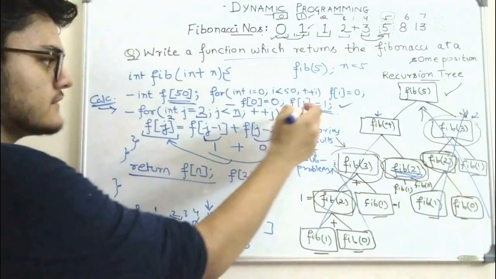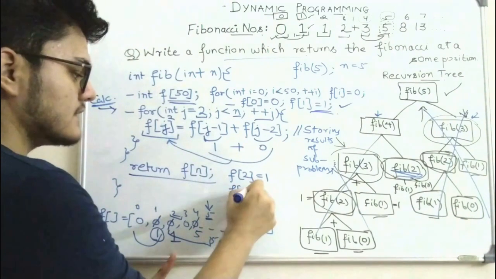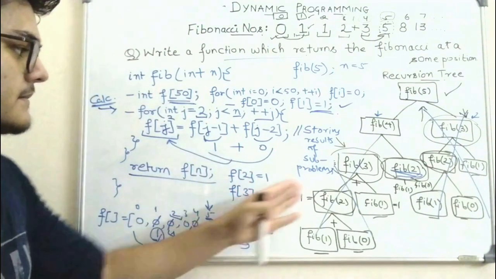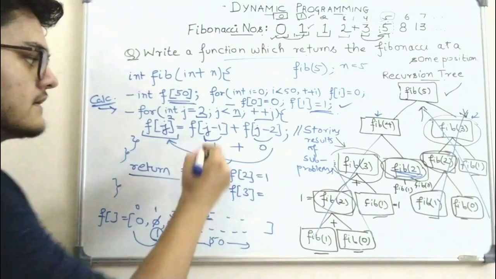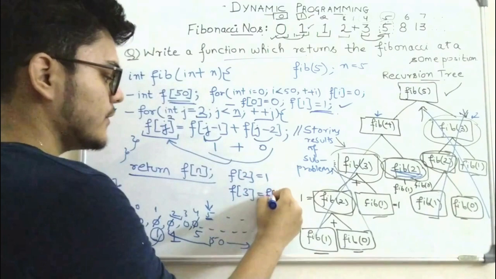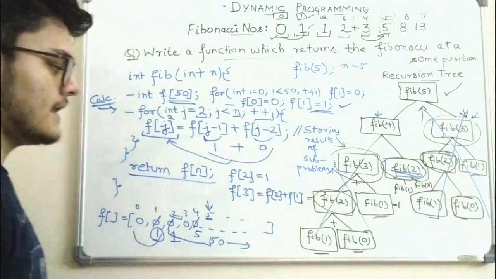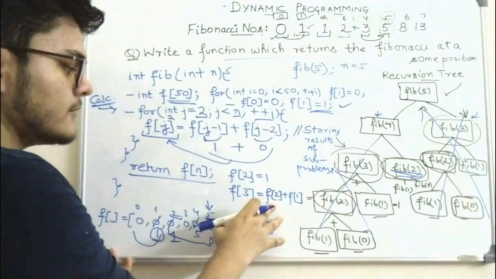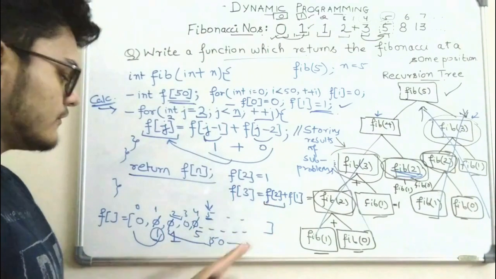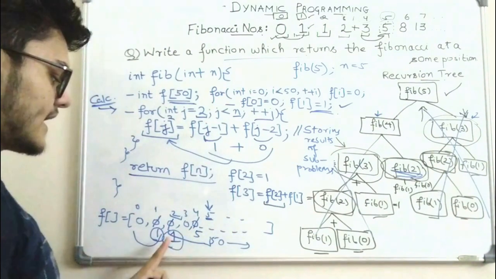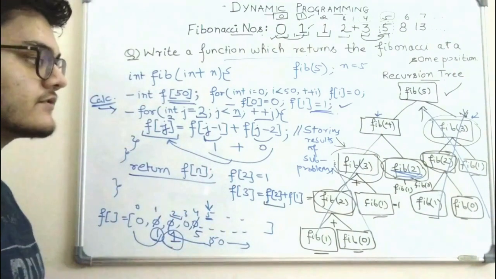Now the value of j will get incremented. So now f of 3 is there. As you can see, these are basically the subproblems. Whenever we want to calculate f of 3, this will be the sum of f of 2 plus f of 1. At this step, f of 2 is basically 1 because we have already calculated it. So we do not need to recalculate it because we have already done the calculation and stored it